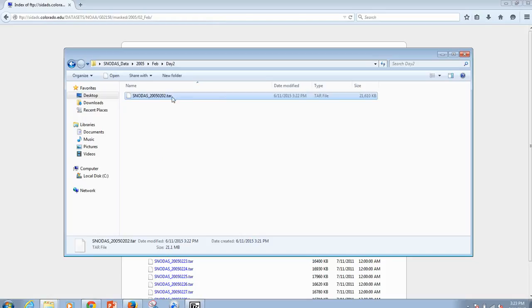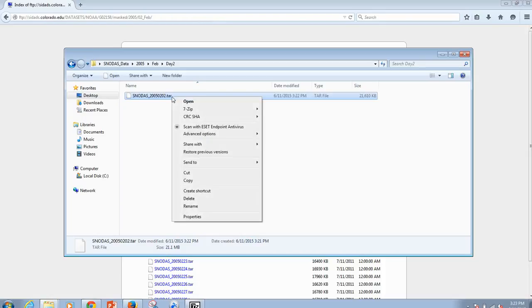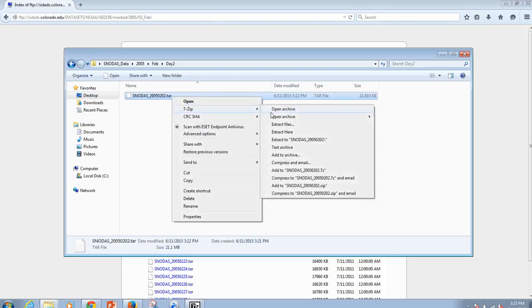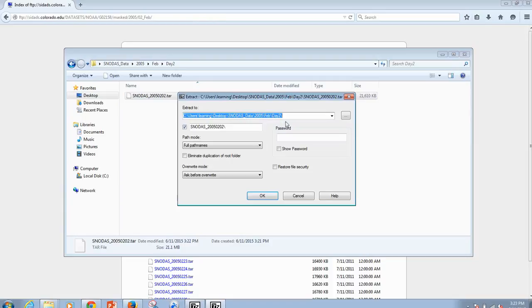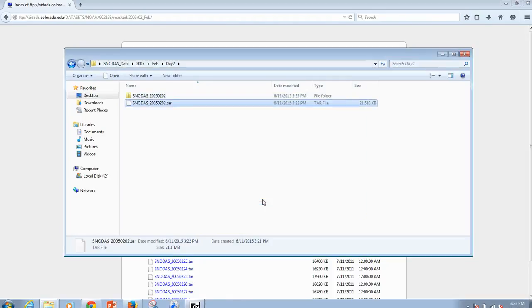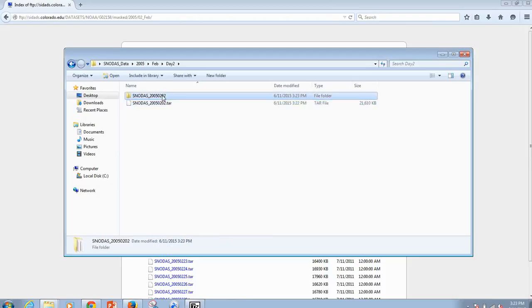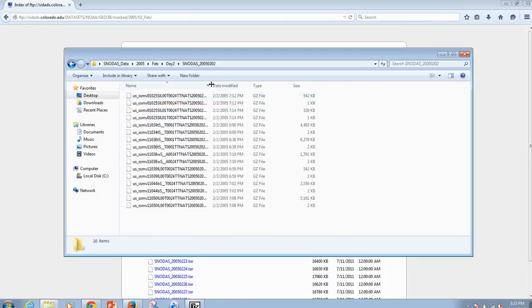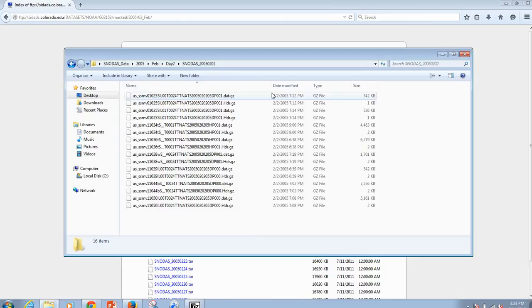So first we have to extract the tar file. I'm going to right click, 7-zip, and I'm going to extract files. And it should extract it right to the same file structure and show up right there. There it is. I'm going to double click on that. Now there's a specific file we need out of here based on the code. As we discussed, we want to look at